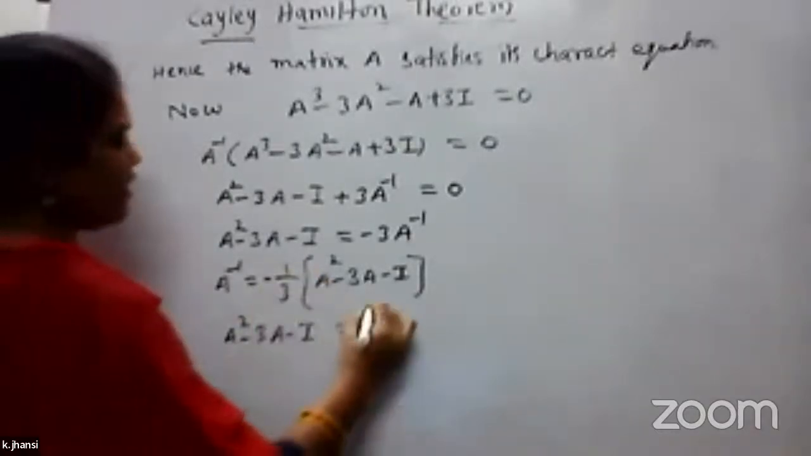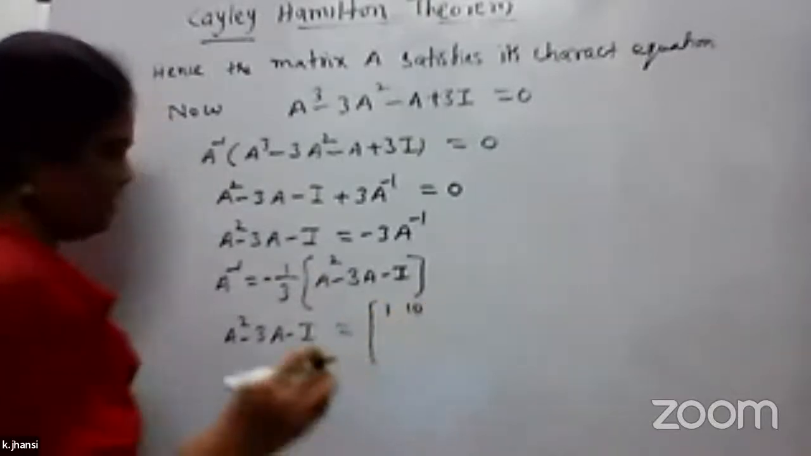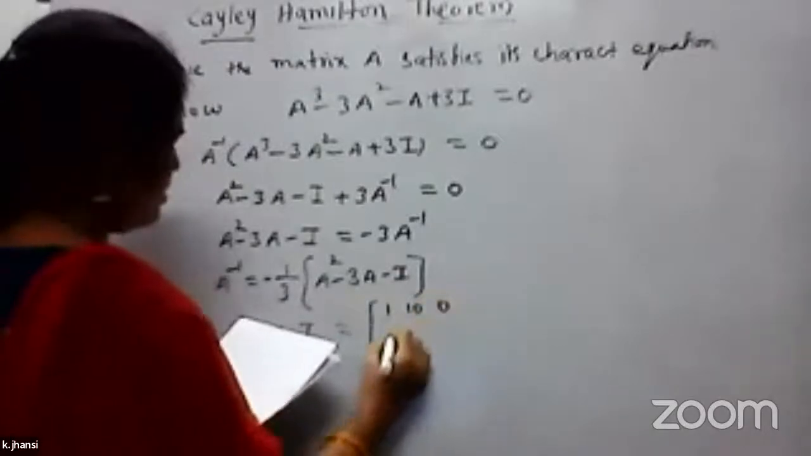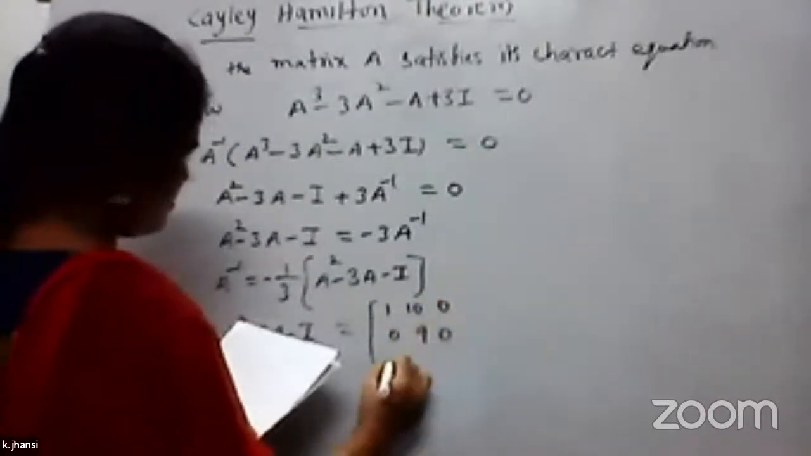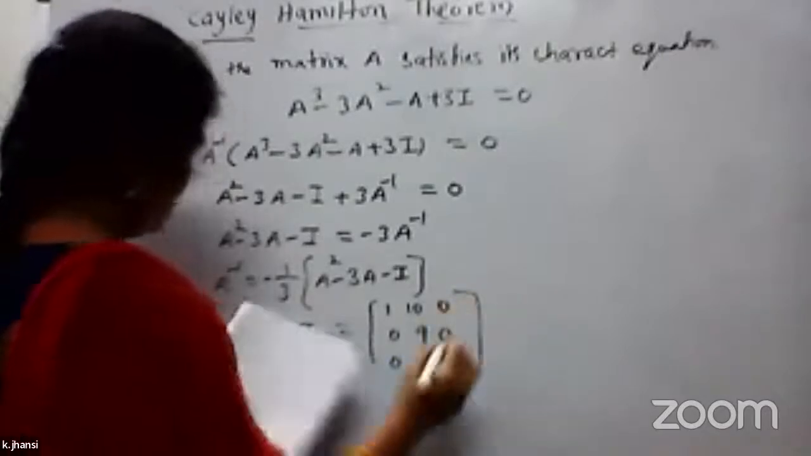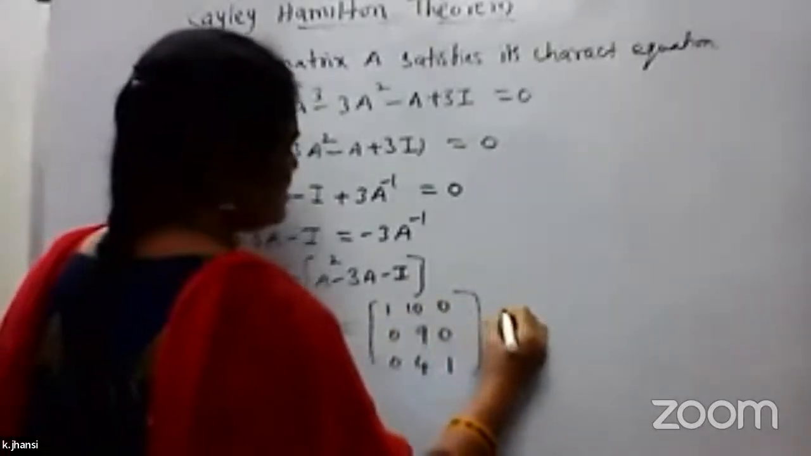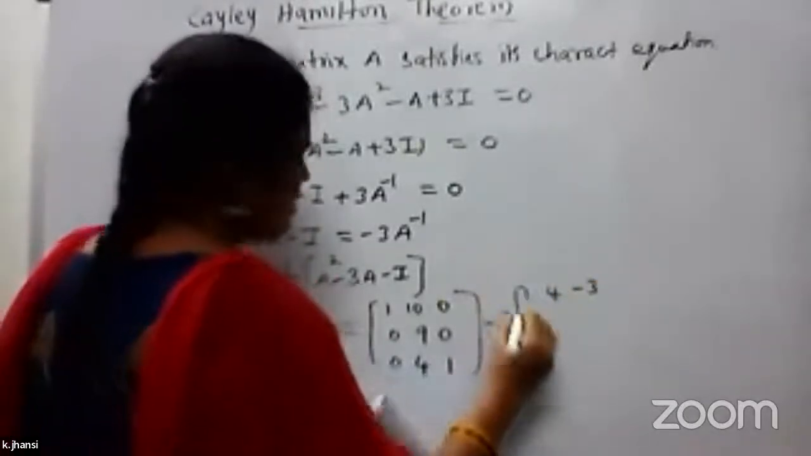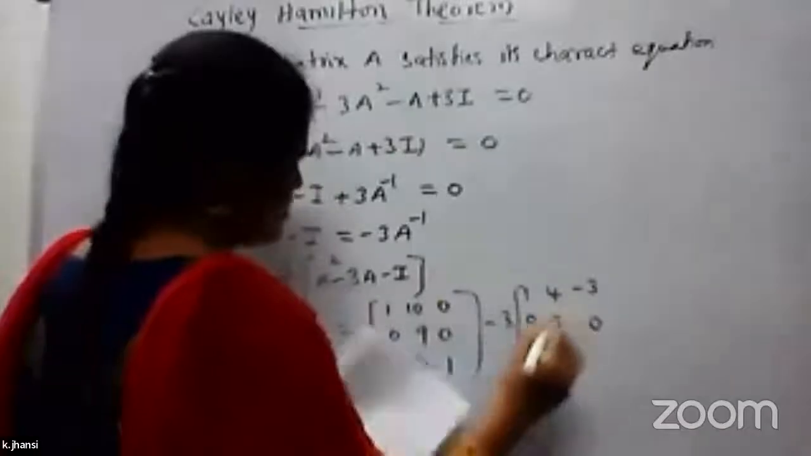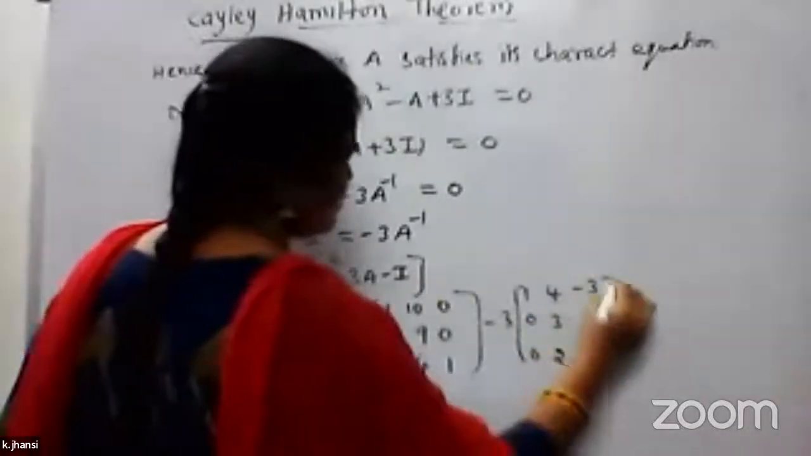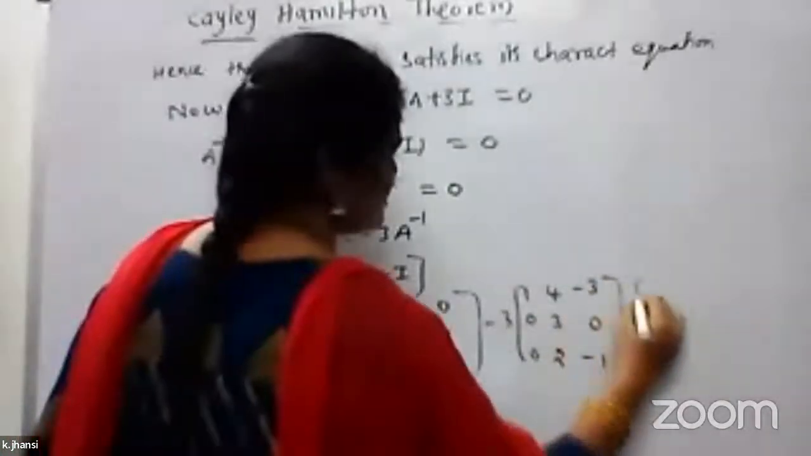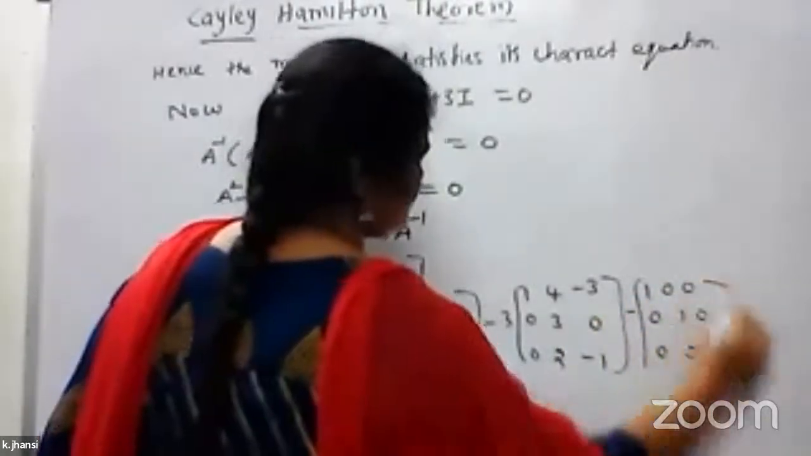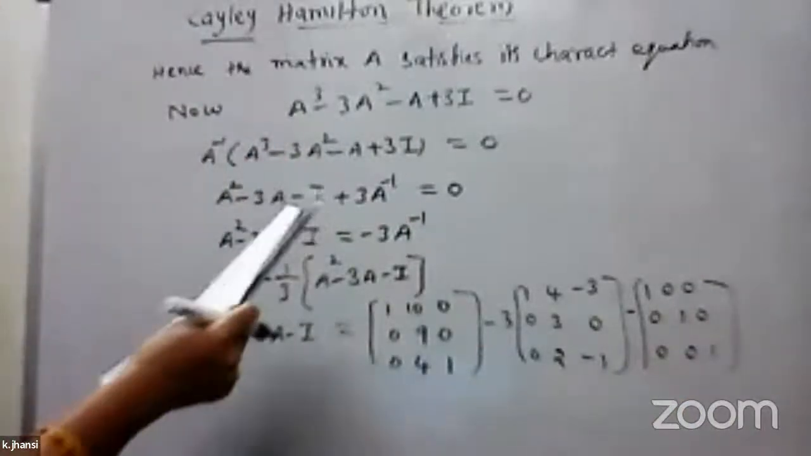So what was our A square value? [1 10 0; 0 9 0; 0 4 1], and minus 3A, minus 3 into A. Our A was [1 4 -3; 0 3 0; 0 0 2], minus I, in the sense [1 0 0; 0 1 0; 0 0 1]. Okay, when you simplify this,